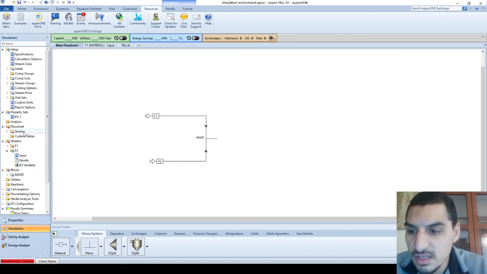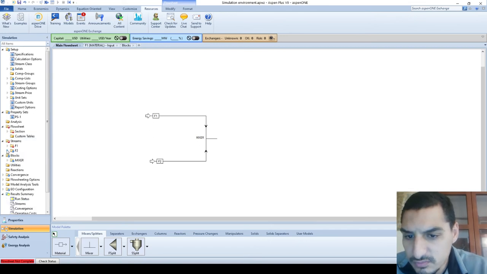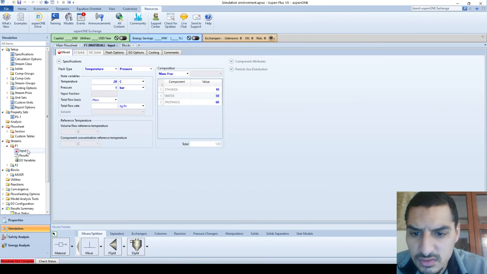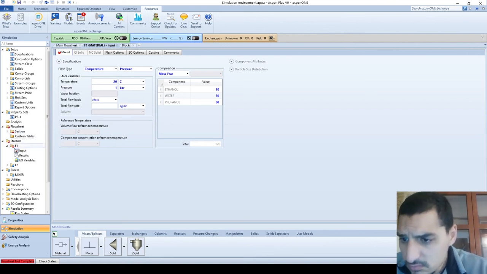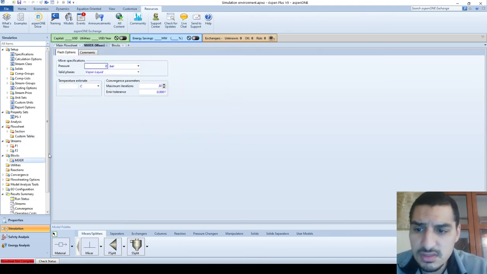Again, you'd see that here in the streams you have F1 and F2. F1 should be fully defined. I don't know why it's not. Let's see. Sometimes it gets confused, and once you do the run, it works. But anyways, for F1 it's defined, F2 is defined, and the blocks here you see the mixer, but the mixer